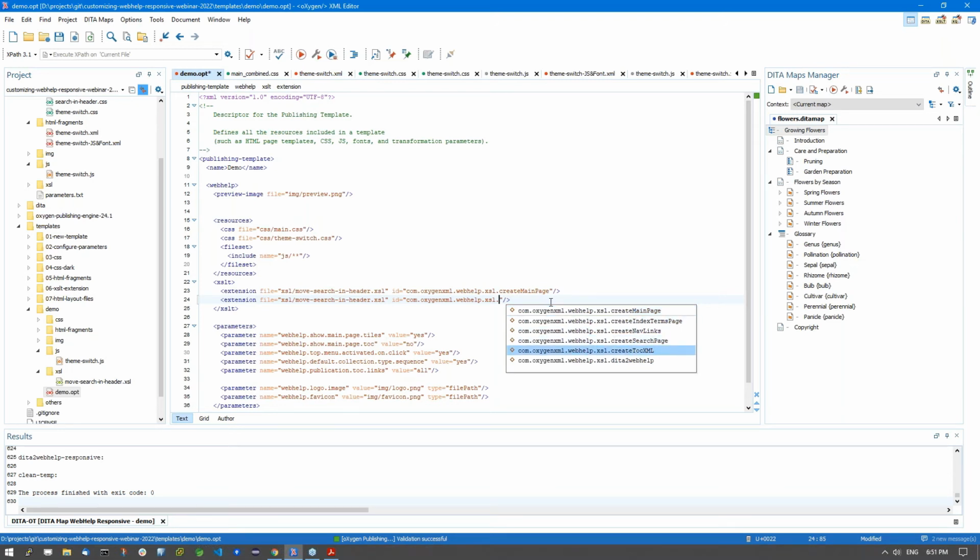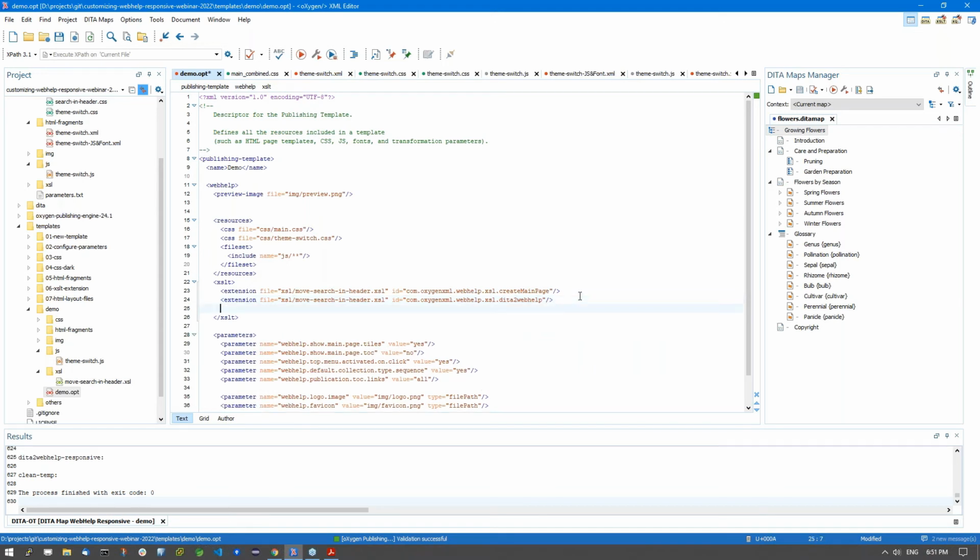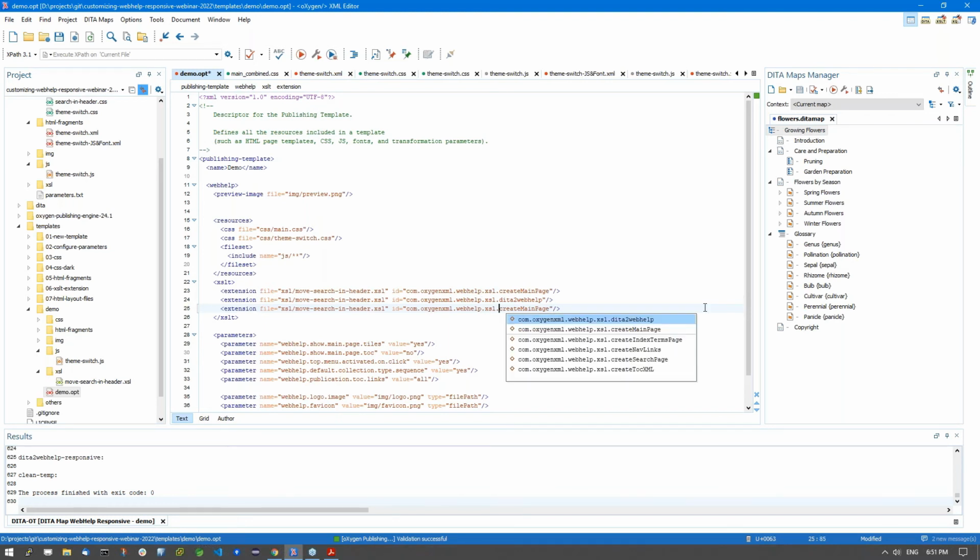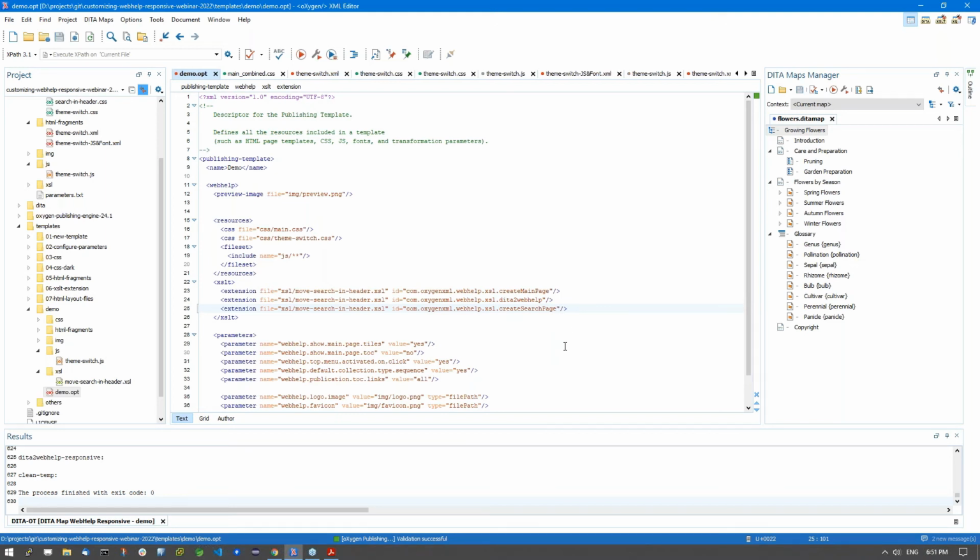Now, for the topic pages, this is the available XLT extension point, and for the search results page, now we need to identify the XLT template that is used to generate the HTML content for the search input. So one way to start the search is by going to